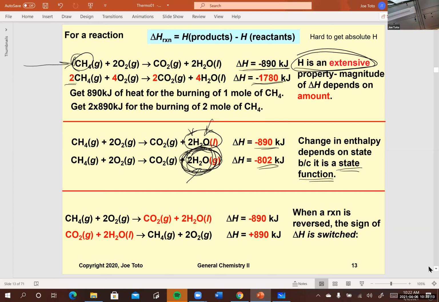Oh, I hope it makes sense. Yes, it does. Okay, good. Now the last one is when a reaction is reversed, the sign of the delta H for that reaction changes. Okay. And so